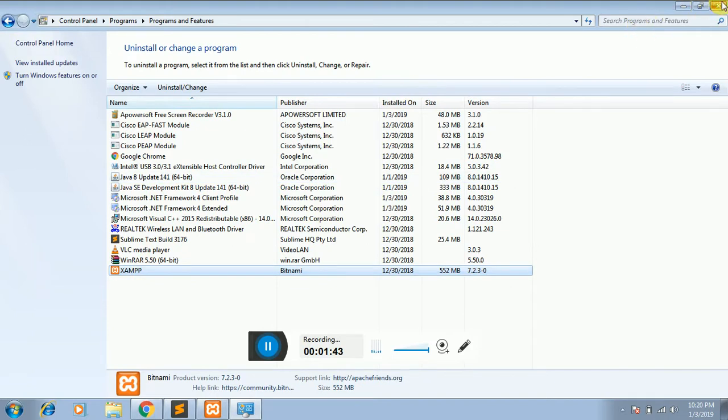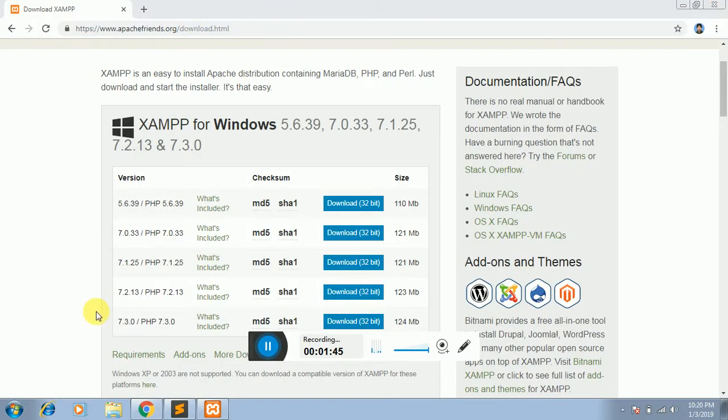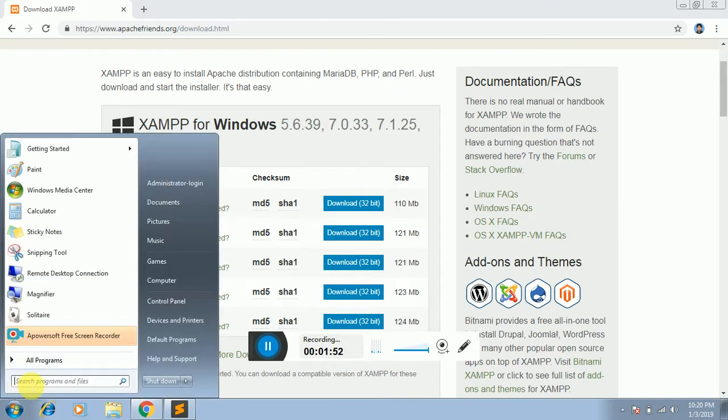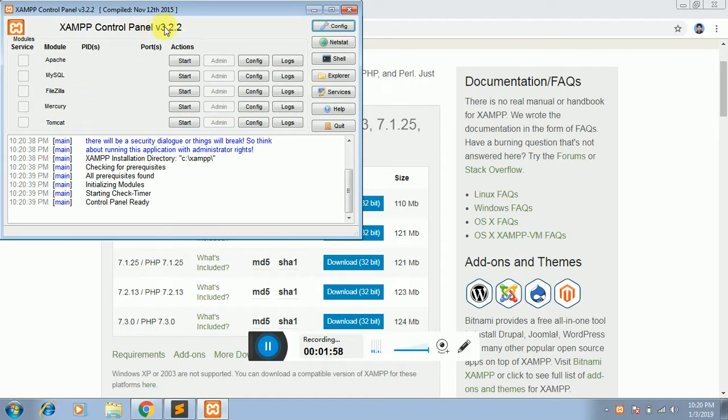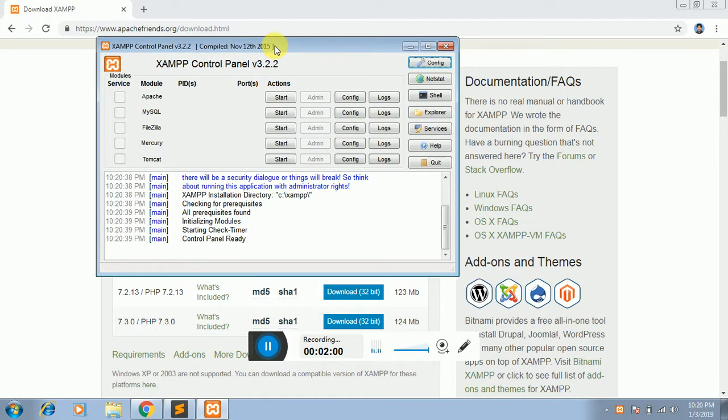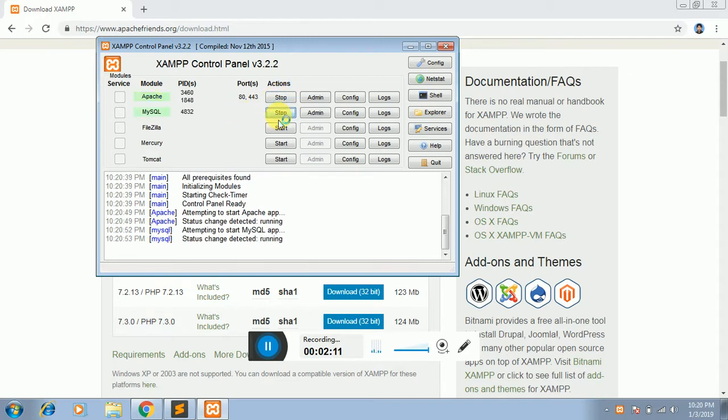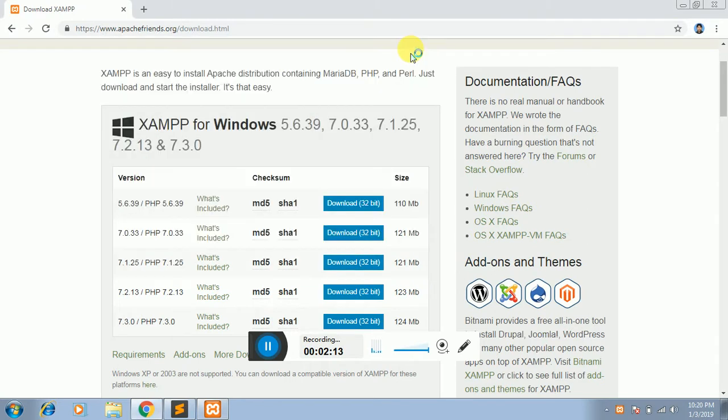So go back and we will search for XAMPP Control Panel. Run this XAMPP Control Panel, and this is the layout of XAMPP Control Panel. You have to start the Apache and MySQL modules. Start Apache and MySQL. So minimize this and